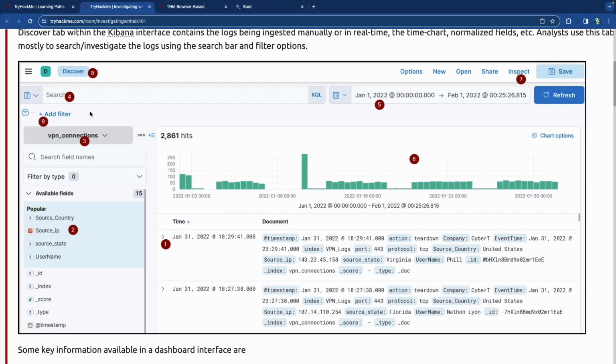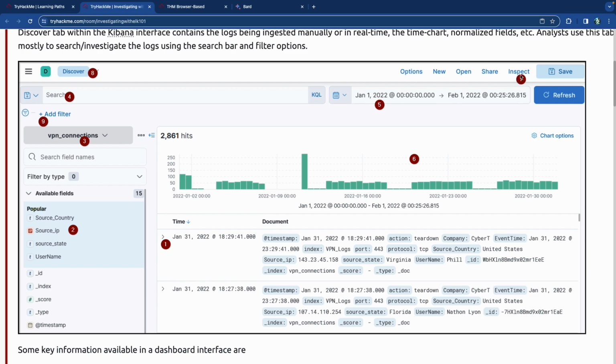At first glance, because of all these different red numbers here, it seems a little bit crazy. But number 1 is the actual individual item showing up, with all the timestamps and everything attached to it. Number 2 would be the popular fields that you can filter by. Number 3 is the VPN connections or anything else that you want to look at specifically as far as logs are concerned. Number 4 is the search bar. Number 5 is the calendar with which we can set the time range. Number 6 are the graphs that show the number of hits and the frequency and what days, for example, this particular day seems to be high activity.